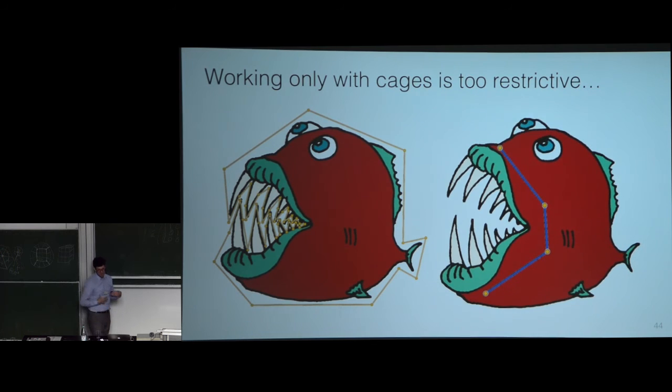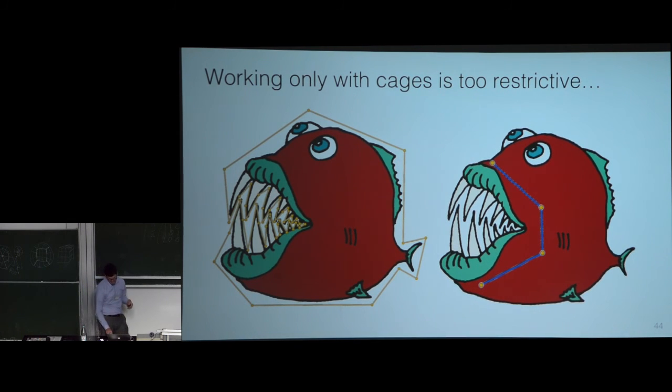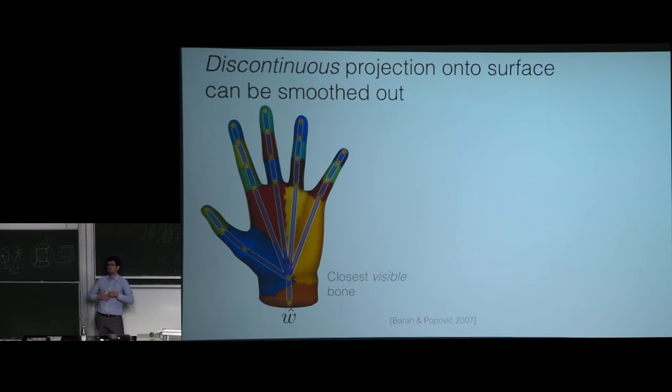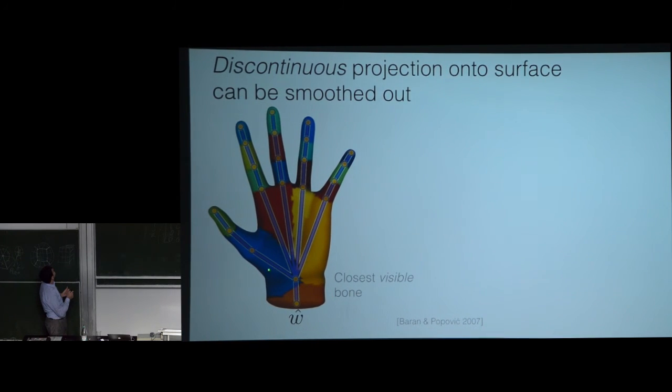So if we want to work with interior skeletons, we can ask what would be the equivalent way of getting these nice properties, smoothness, and that the weights fall off with respect to distance measured inside of the shape for skeletons. And one interesting method, and I'll present an alternative view of this method than it was presented in the paper, so you can go home as homework and try to understand this view in comparison to the way it was presented in the original paper, Baran and Popović, is to see each bone as being